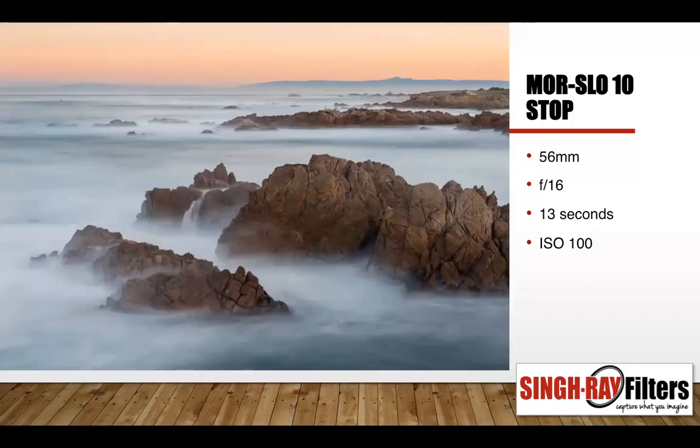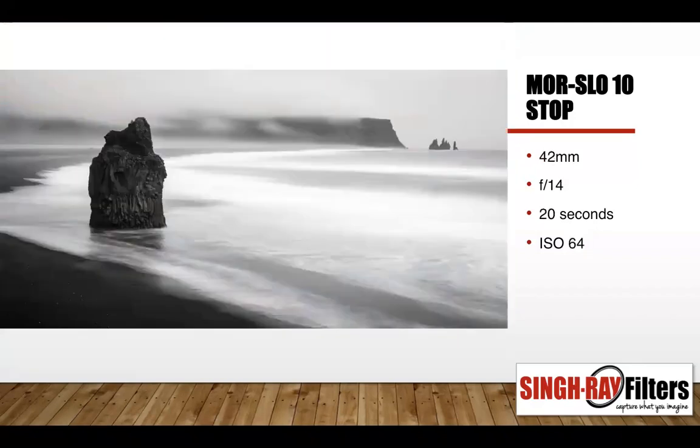So here's another example. The reason I'm showing you these is they were all taken with a slower 10-stop filter. This was 30 seconds. This is 13 seconds. And this one is 20 seconds. I tried to take them at about the same settings in terms of the f-stop and the ISO, but the light is very different in all three situations. So that determines the shutter speed, and that's what I was going for.